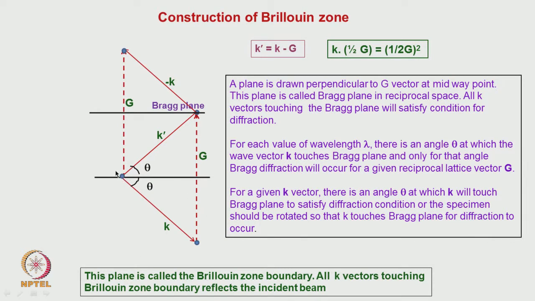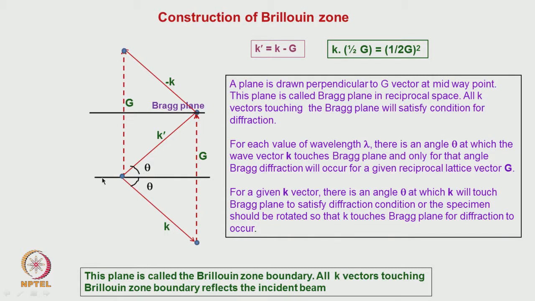See, this is the incident beam direction, the k vector, the direction the beam is coming. This is the scattered vector, correct? This is the point from which it is getting scattered, correct? And this difference, k dash minus k, has to be equal to g. That is the condition for Bragg condition. Good. So, this, from here to here, is essentially a reciprocal lattice vector. So, that is precisely what I had shown here also. The same vectors can be shown like this also.